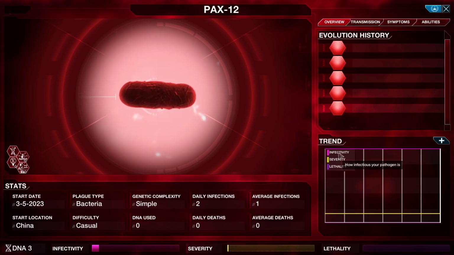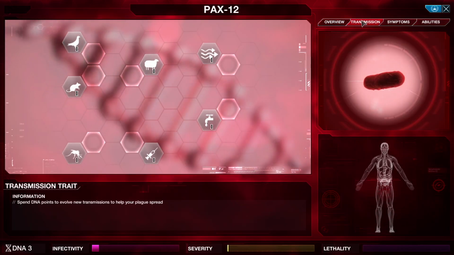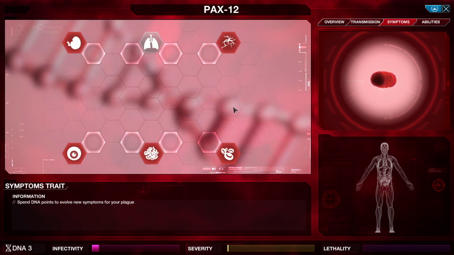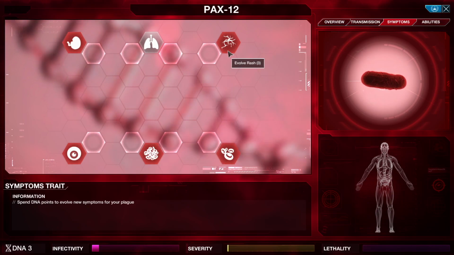Now, infectivity is how infectious it is. It's basically how fast it will spread to other people. Severity is how severe the symptoms can be. So basically, it's how sick you're making the people. Lethality, then, is of course how many you're killing. So we've got various mutations that we can add. We don't have any DNA points, but we've got various mutations we can add to increase the transmission, to increase... Oh, we can afford some of these. To increase the symptoms. Now, the symptoms will...